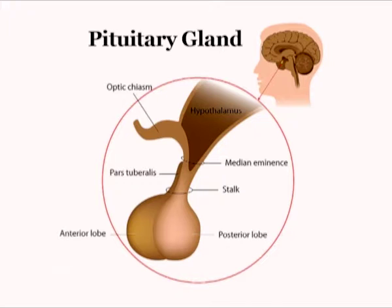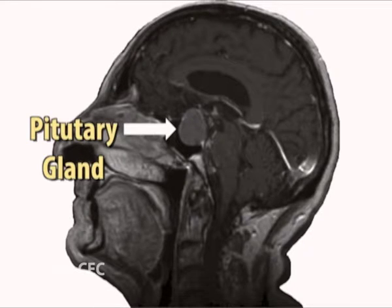The pituitary gland consists of two parts, often called lobes: a front part called the anterior pituitary and a back part called the posterior pituitary. The pituitary gland sits in a bony hollow called the pituitary fossa. This is behind the bridge of the nose and below the base of the brain, close to the optic nerves. It is often considered the most important part of the endocrine system because it produces hormones that control many functions